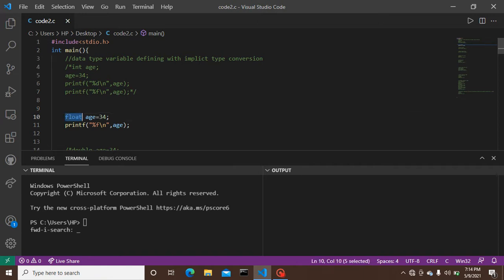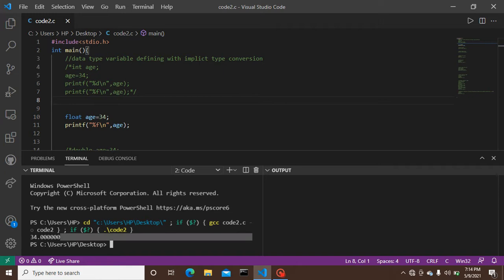Our next is a simple code that I have provided here to show the difference between integer and float type declaration. Let's run this code. Here I have the output of 34.0000000. Why is it so? As here I have declared the variable age with a constant of 34 to be of float type. The declaration has been made and in memory it is located as float type.